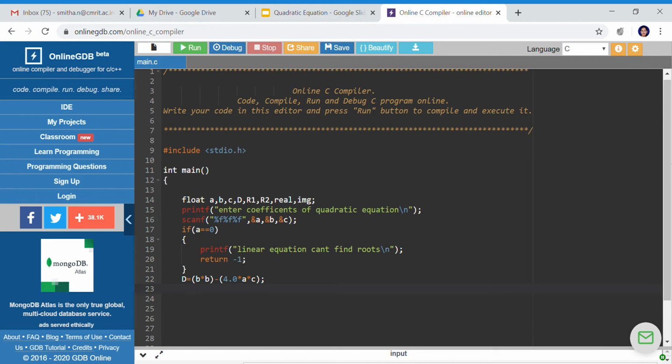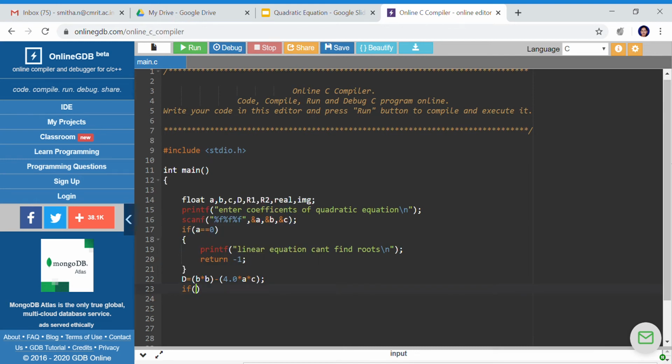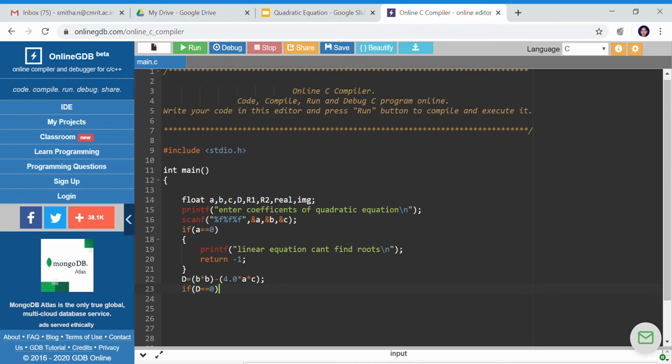After computing the discriminant, based on its value I will decide whether the roots are real equal, real distinct, or complex. If d is equal to 0, then the roots are real and equal, so I'll print a message saying roots are real and equal.